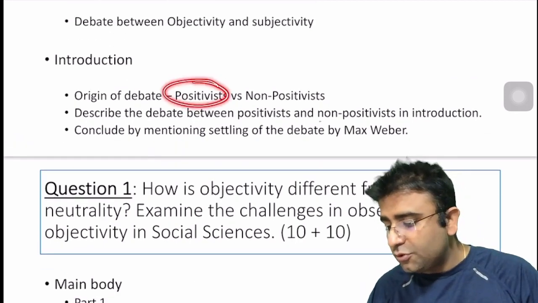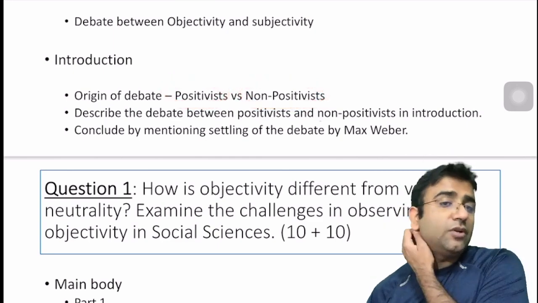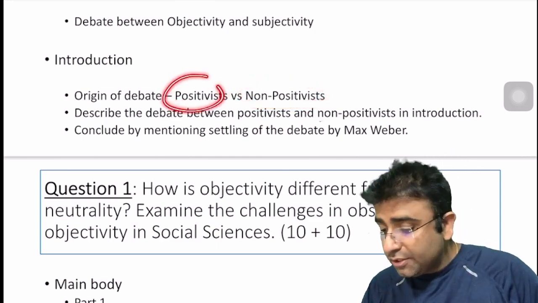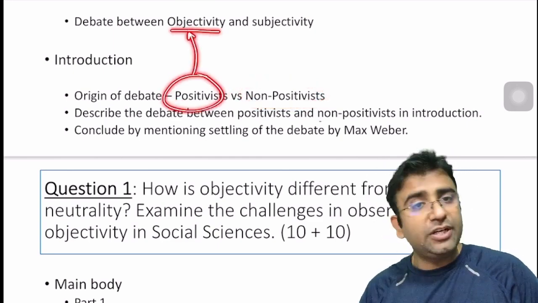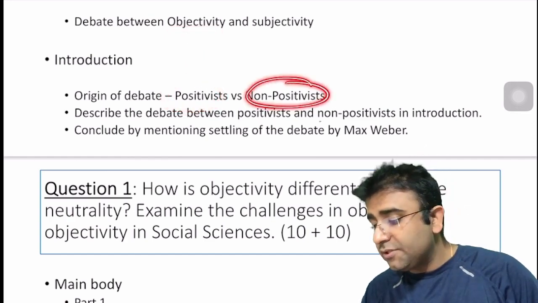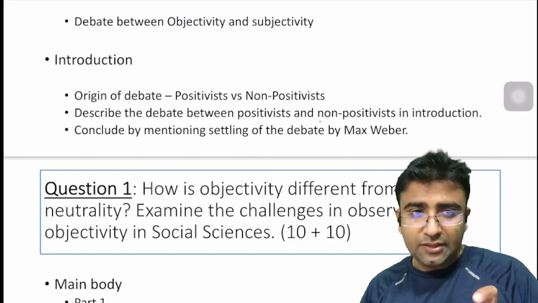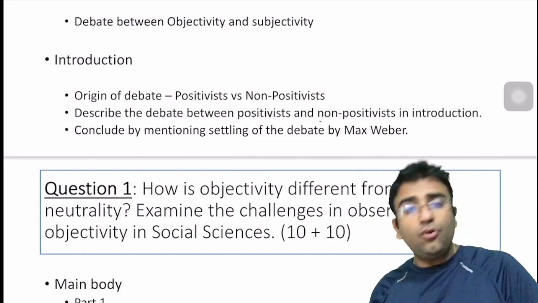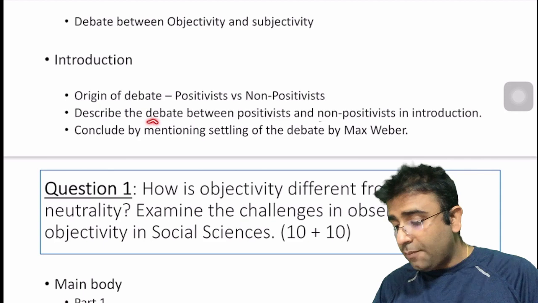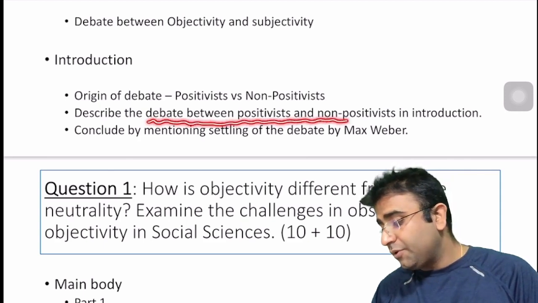The first group of sociologists is known as positivists and the second as non-positivists. The positivists said that sociology is an objective discipline and the non-positivists said that sociology is a subjective discipline, right? Now, in your introduction, you are going to write about this debate between the positivists and